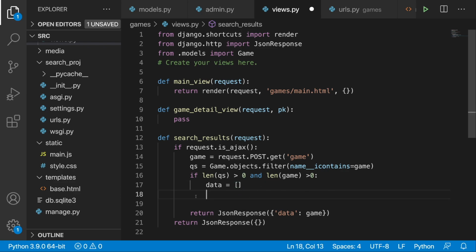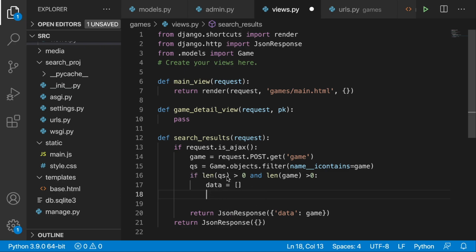And as the next step, we are going to loop through the query set. We can't pass the query set directly because we will have an error that the game object isn't serializable, something like this. So instead, what we are going to do is to create an item in each iteration